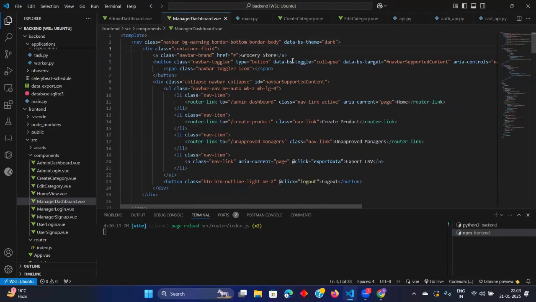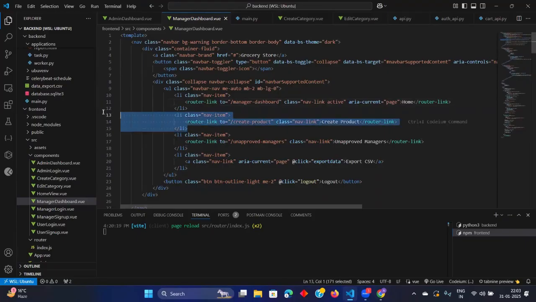Yes, so dear will dark. Okay, brush is over there. Okay, done. Add not to admin dashboard, but to manager dashboard. Okay, create product.